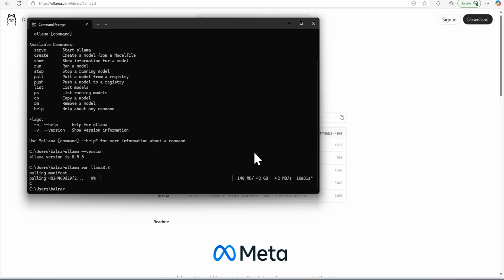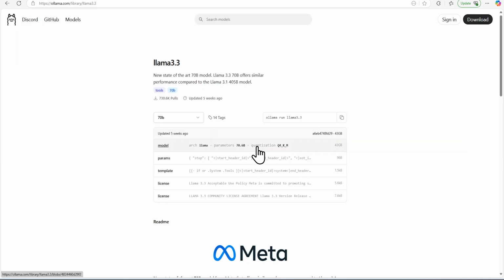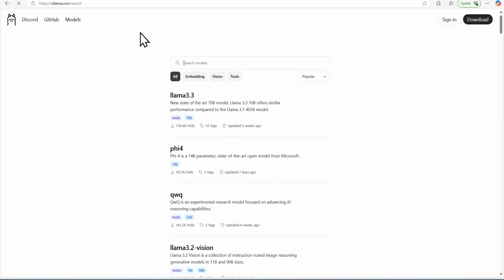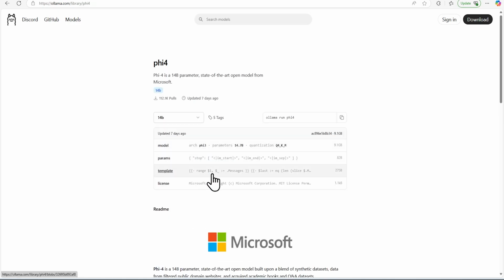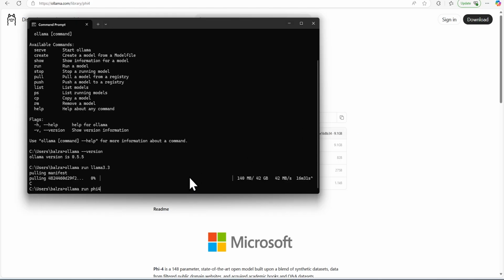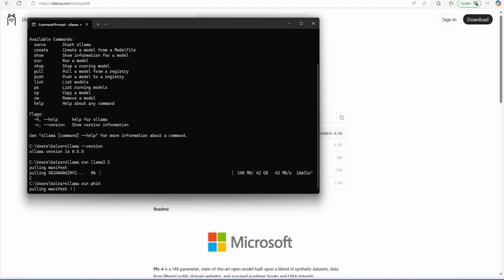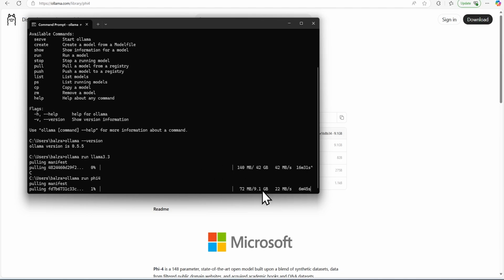Instead, I will install a different model, which is a small model. So I can go back and go for Phi 4 and try to use this Phi 4 model. Phi 4 is an SLM model. Let's see how much it has: 9.1 GB.